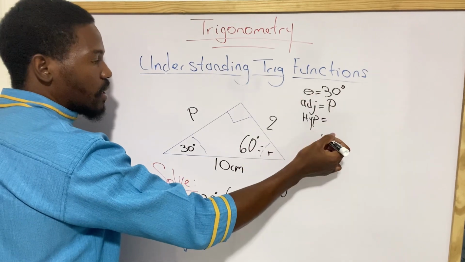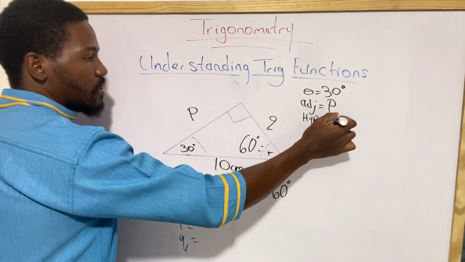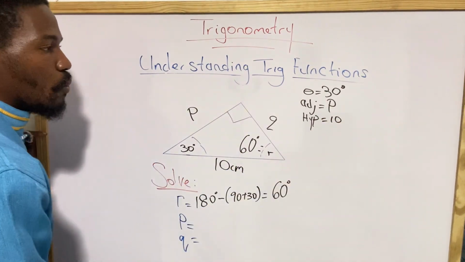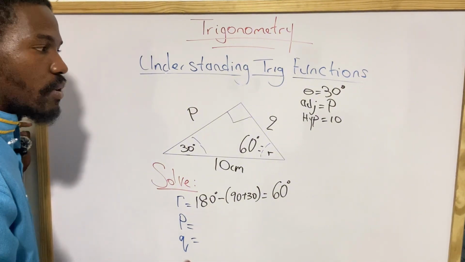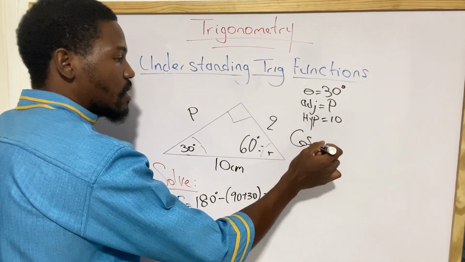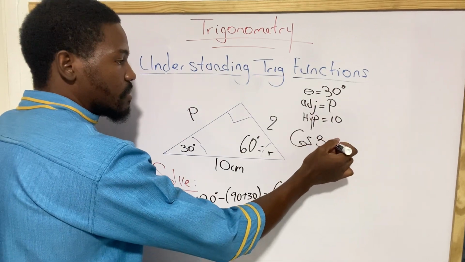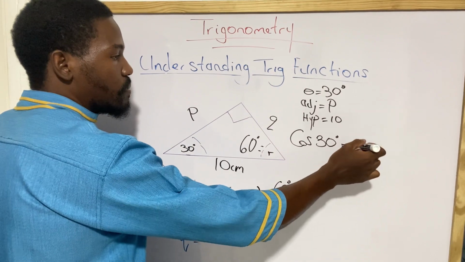So all of our data, we actually write it down. Our hypotenuse here is going to be 10. So what takes in theta, adjacent, and hypotenuse? We already know that that's going to be cos theta. So the cos of 30 degrees, which represents theta, is equal to P